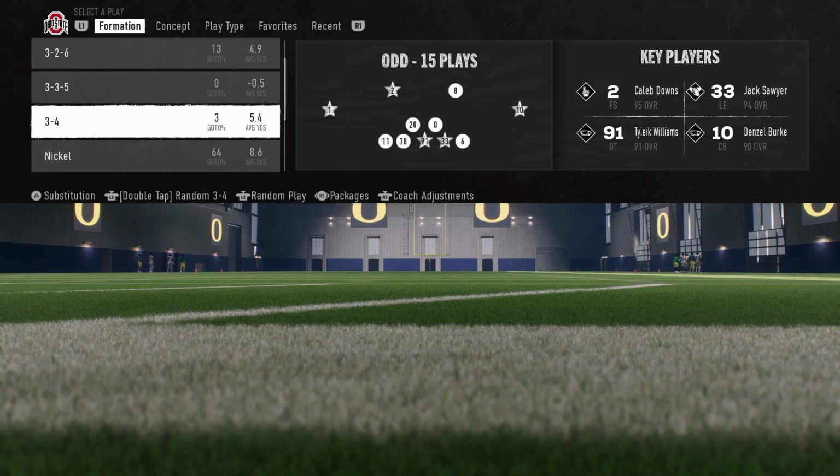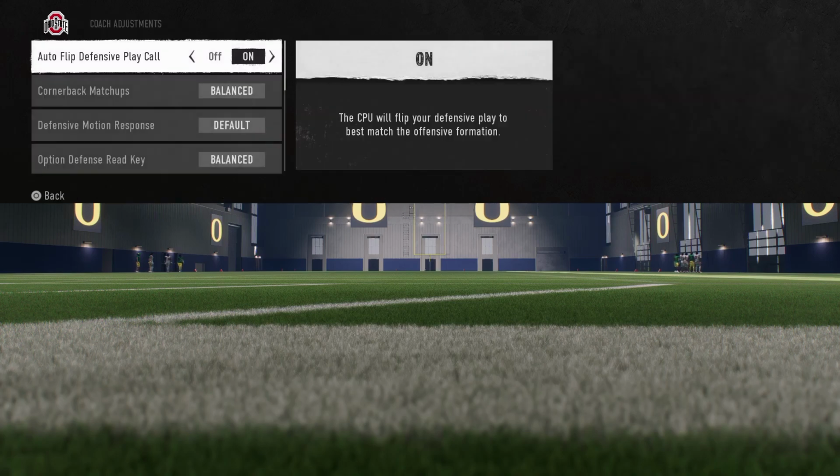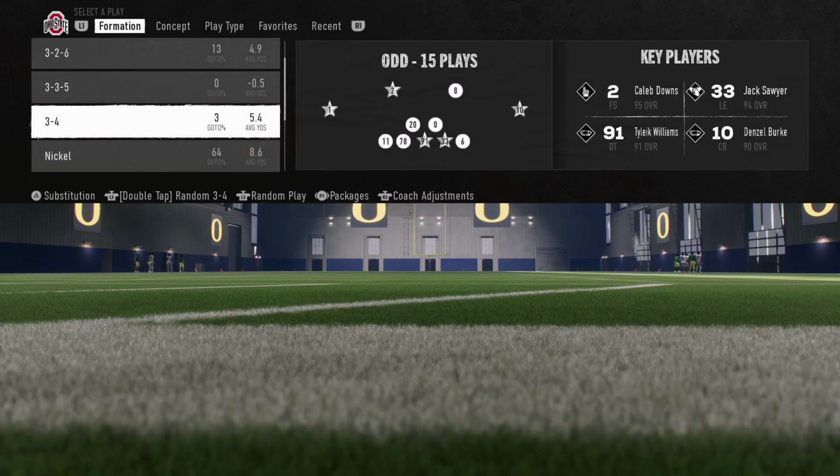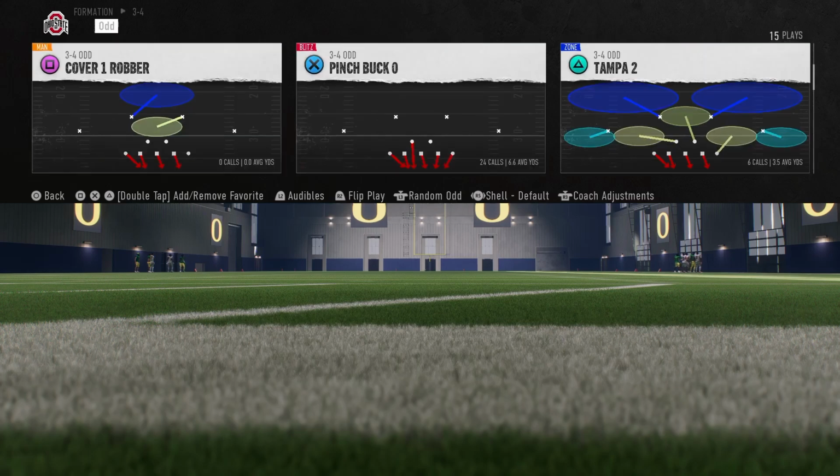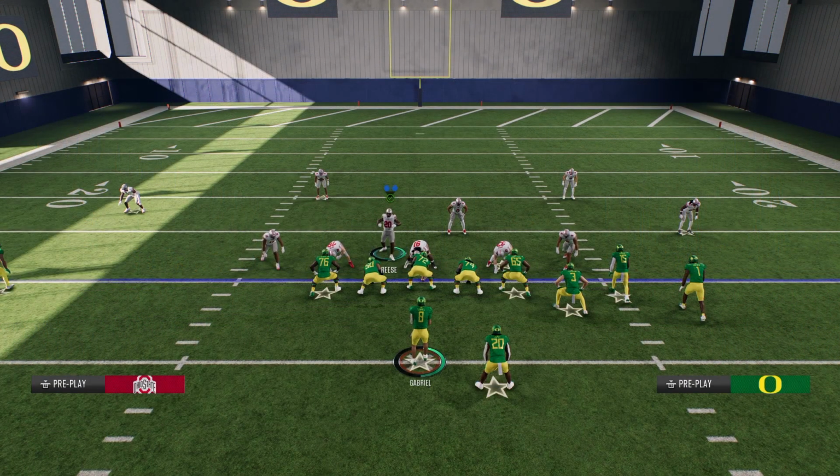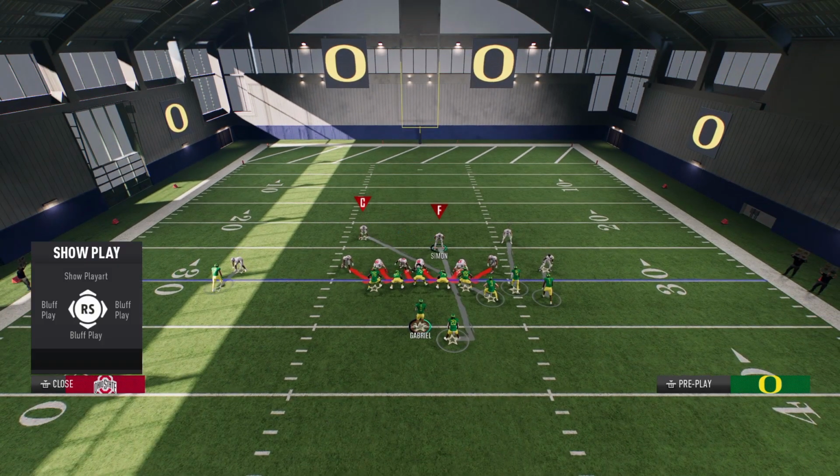You don't need any abilities for this defense at this point in the year. You just need fast linebackers, and I like to run this defense with auto flip off. Basically, we're going to be using this Pinch Buck Zero as our mainstay way of running the defense. The way I like to run this defense to start out is we're just going to press our defense. We're going to take this player right here,